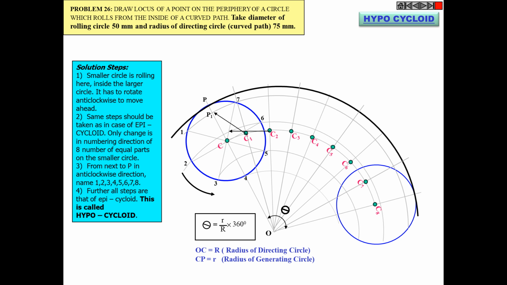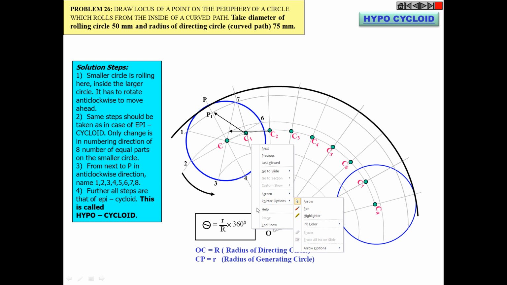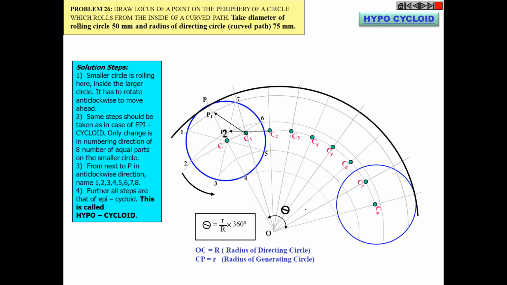Then I have to identify the second curved line passing through that rolling circle, which is nothing but the 2/6 line, and on that 2/6 line, just cut an arc point. So this is your P2. Likewise, if you do the entire process, this will be your P3, P4, P5, P6, P7. Finally, you will get the last locus point at the periphery of the directing circle.